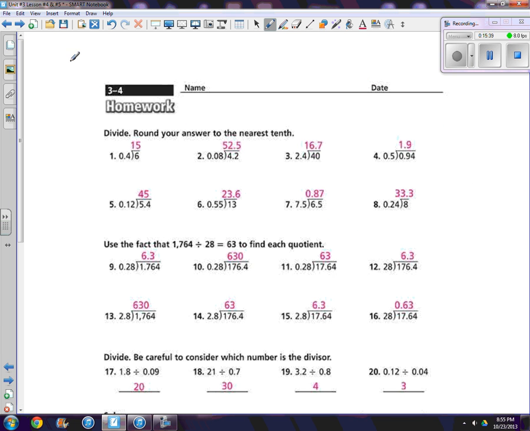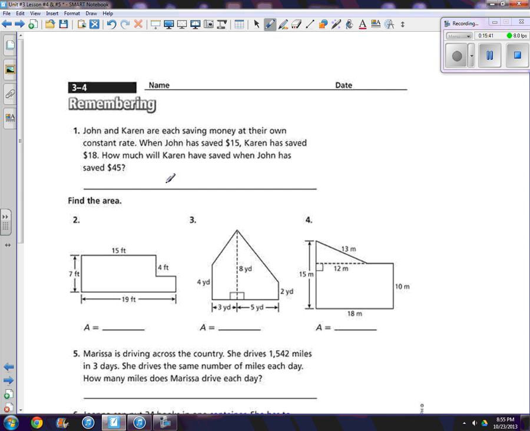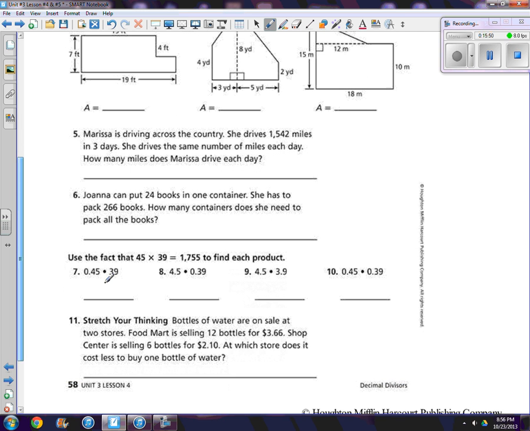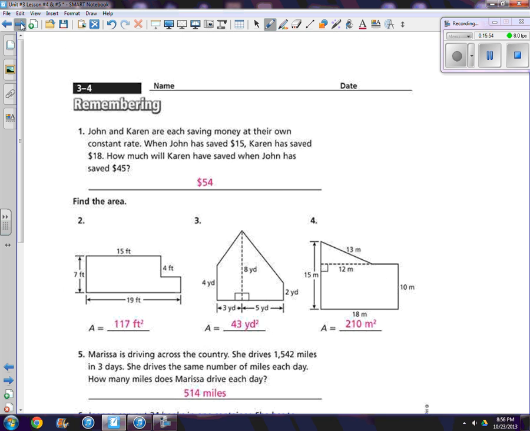And there you can see. Homework, you have some area problems, possibly a factor puzzle, I believe, number 1, and then some multiplication down here. Let's move on to